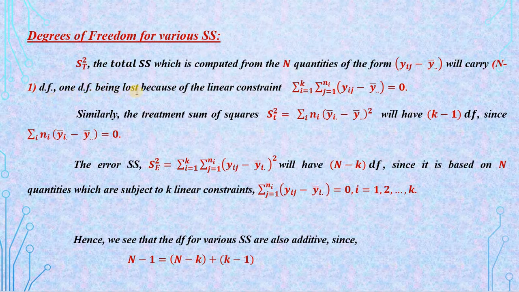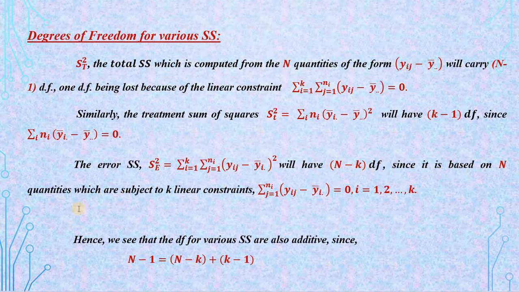Here, one degree of freedom is lost because of the linear constraint double summation (y_ij minus y double dot bar) equal to 0. Similarly, for the treatment sum of squares, SST, this is equal to double summation n_i (y_i dot bar minus y double dot bar) square. It will carry k minus 1 degrees of freedom because one degree of freedom is lost for the constraint summation n_i into (y_i dot bar minus y double dot bar) equal to 0. And for the error sum of squares, we get n minus k degrees of freedom, since